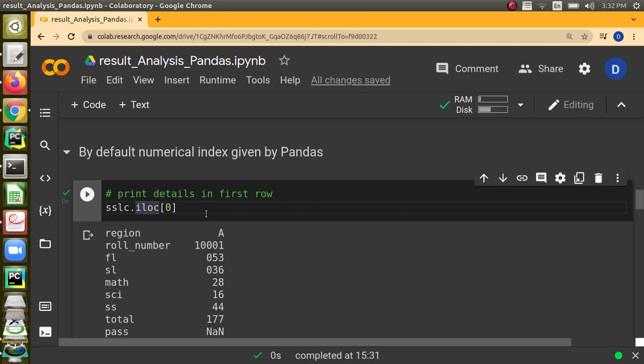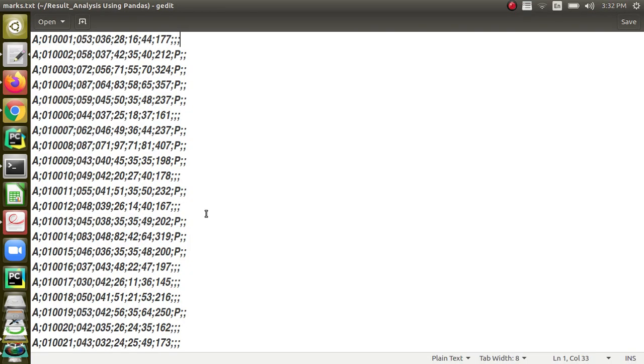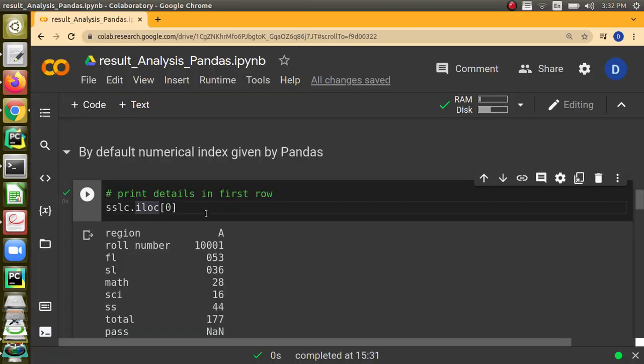Internally pandas maintains indexes: the first row will be given 0, the next one 1, and so on. If there are n rows in total, then n-1 is the maximum index. So if I want to use the index given by pandas, I will be using ILOC.